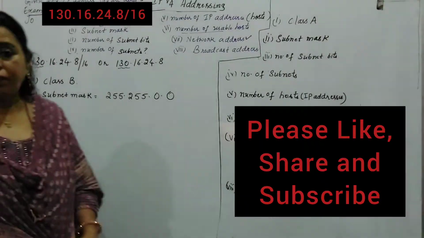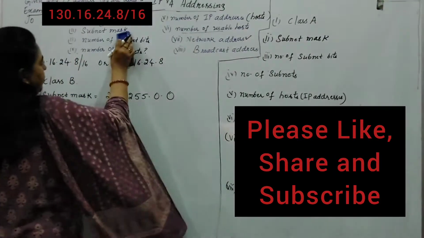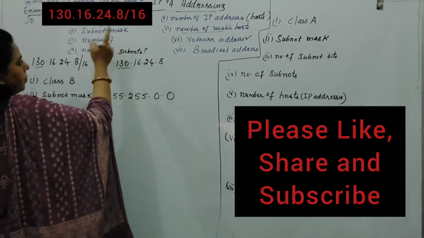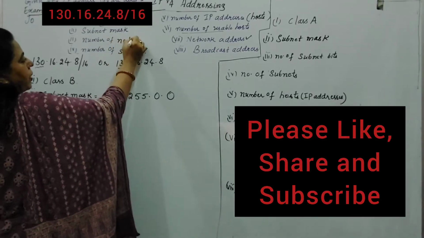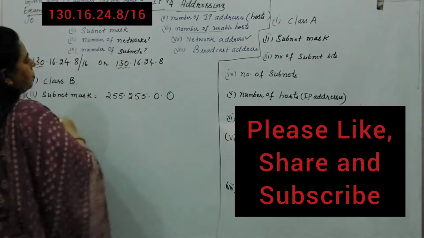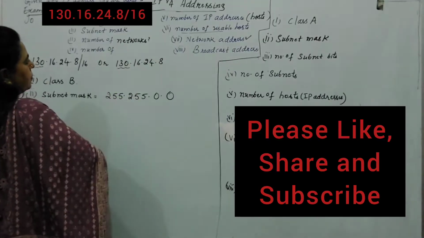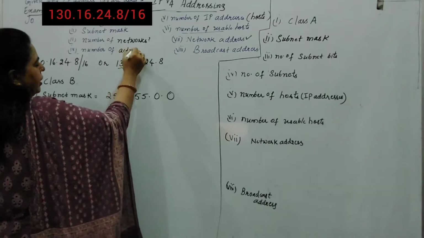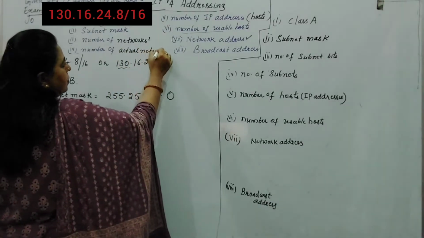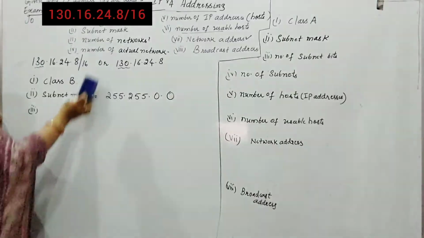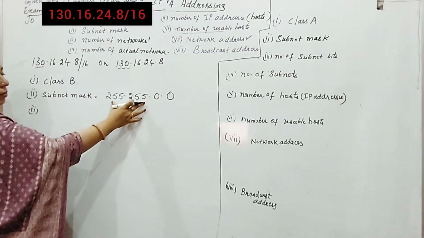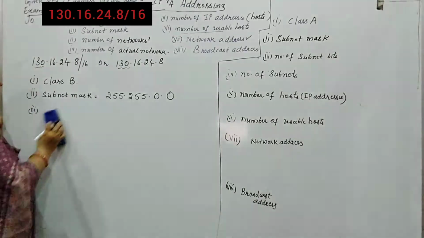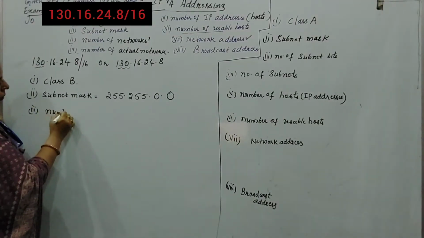Now let me come back once again here to number of actual networks. So I will be changing this whenever I am using a problem of that sort. I will write number of subnet bits here, number of networks, fine, and number of actual networks. Wherever the default value comes, it will be number of networks and number of actual networks. How to determine the number of networks? Number of networks, 16 bits are meant for this, so 2 to the power of 16. So let me write here number of networks equal to